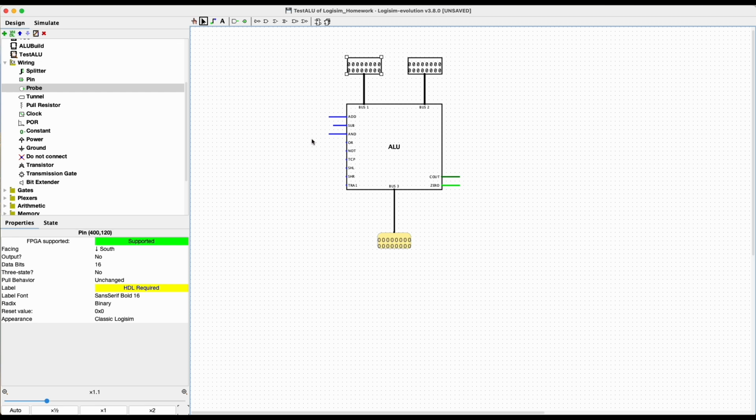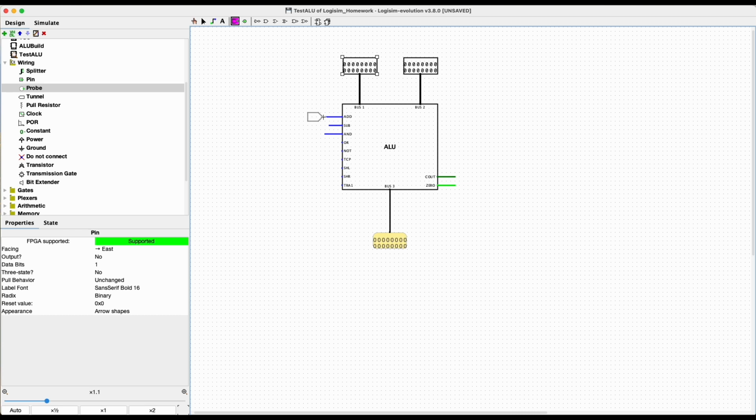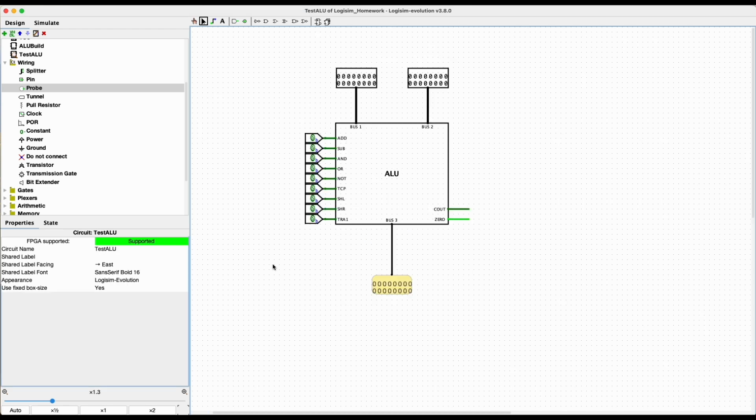Now, it might seem like a lot of work to test it, but first of all, you really want to be sure that your ALU is working correctly before you move on to the next lab. If there's any bugs in here and you don't catch them and fix them, then you're going to have a really hard time in the next lab. All right, now that we have all the 9 inputs, we can test them one at a time. I'm going to test